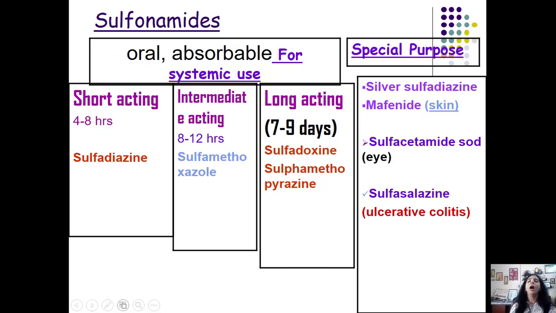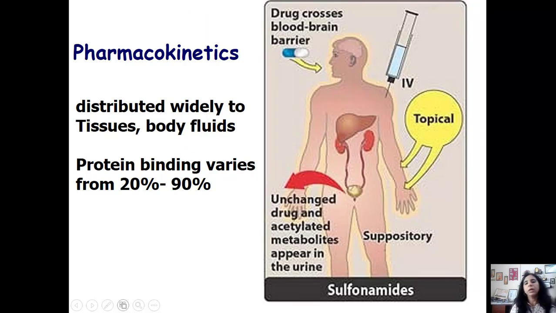As far as the pharmacokinetics of sulfonamides go, they have a very good passage across the blood-brain barrier. They are very lipid soluble. They are well absorbed orally, and they are acetylated in the body. Remember this, that sulfonamides students are acetylated in the body, and acetylation is a process which undergoes genetic polymorphism. That means in the population there are fast acetylators and slow acetylators. So slow acetylators would require lesser dose of sulfonamides. Fast acetylators might require larger doses of sulfonamides.